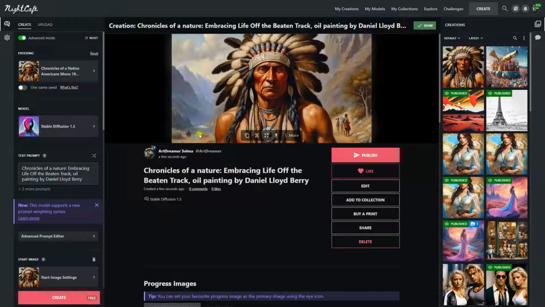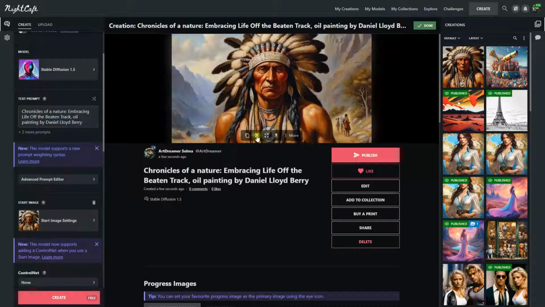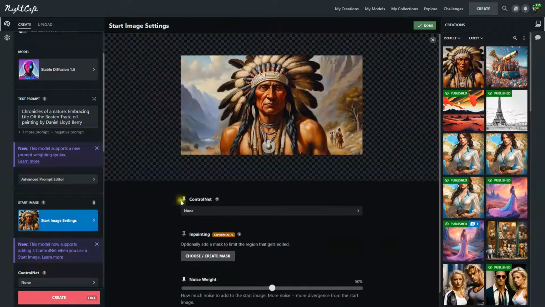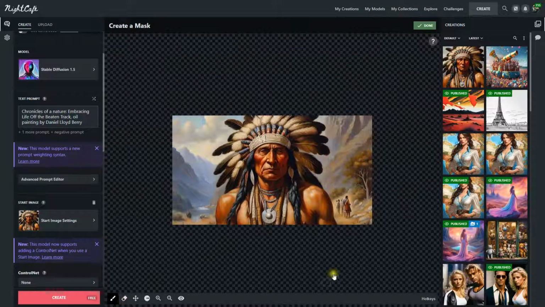Okay, now I'll do it one more time, and you can do multiple areas at once, but just to show you how to do it here, I'm going to take these people out. So again, we go in and I'm going to go evolve it, and then go to the start image, and there's my start image. Click on mask, click on the paintbrush, paint over the people.